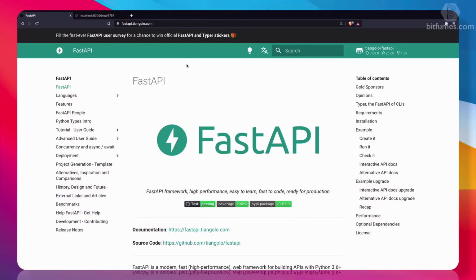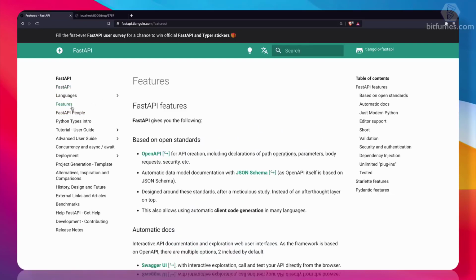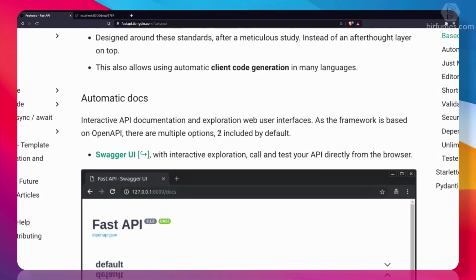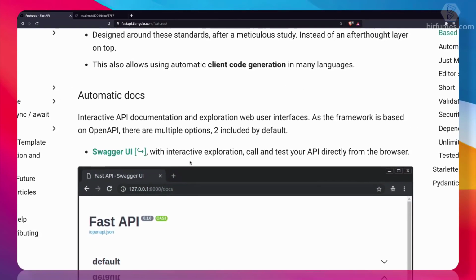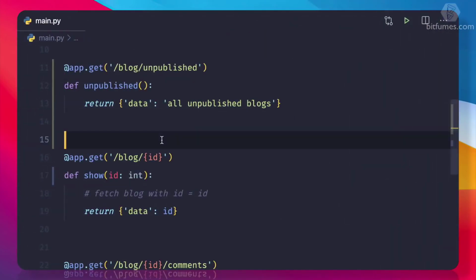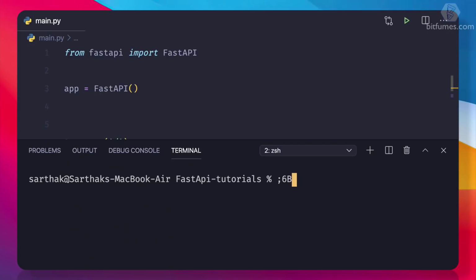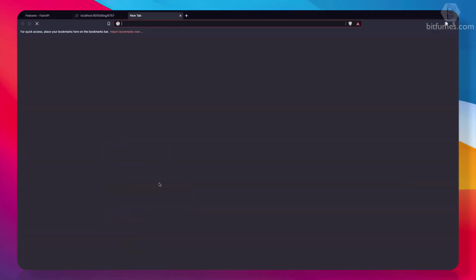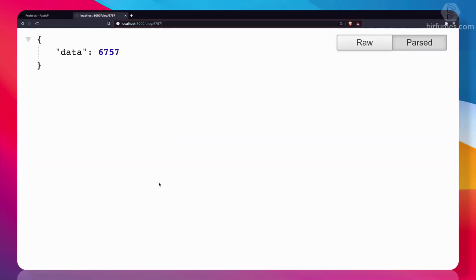Creating an API is tough because sometimes you don't have any front end or any way you can test your API. But FastAPI is really amazing because it has a great feature of providing automatic documentation with Swagger UI. So what is it and how is it going to work? Let's see. So yes, we have all these things and the server is running, I believe. Yeah, it's running. And now let's go here on the localhost 8000